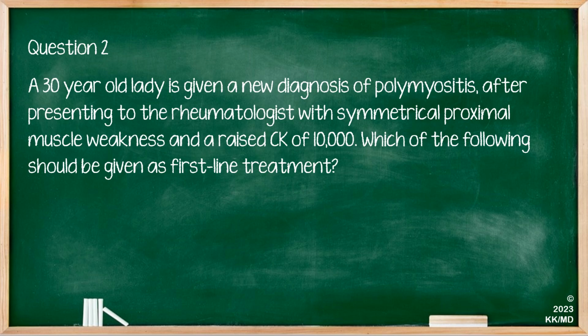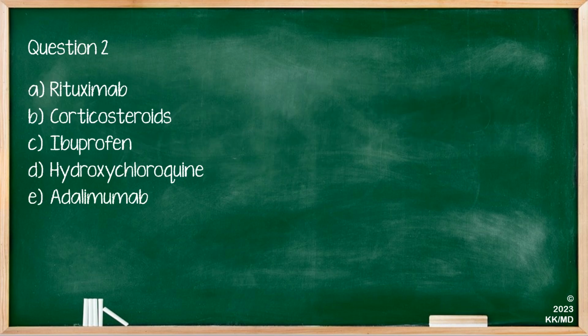Question 2. A 30-year-old lady is given a new diagnosis of polymyositis after presenting to the rheumatologist with symmetrical proximal muscle weakness and a raised creatine kinase of 10,000. Which of the following should be given as a first-line treatment? So this is asking you about the treatment of polymyositis. It's already given you the diagnosis, and the options that you've got are A, rituximab, B, corticosteroids, C, ibuprofen, D,